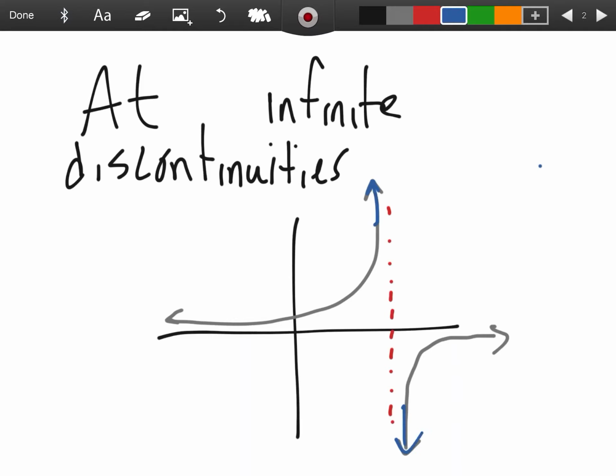Well, we're just going to plug in values. Say that we know it occurs at x equals 4. We can plug in values that are just to the left of x equals 4. So plug in like 3.99 and see if you get out a positive value, then it's going to go towards positive infinity. If you get out a negative value, it'll go towards negative infinity. All right, so on this side, say we're interested in what's happening as we approach x equals 4 from the right side, we would plug in 4.01 or maybe 4.001, just a number that's directly next to x equals 4, so we can understand, is it going up towards positive infinity or down towards negative infinity at that infinite